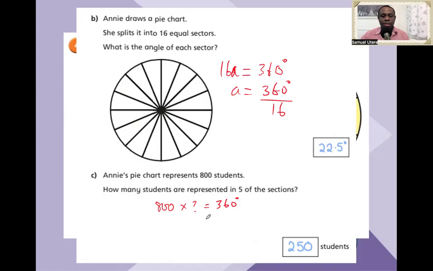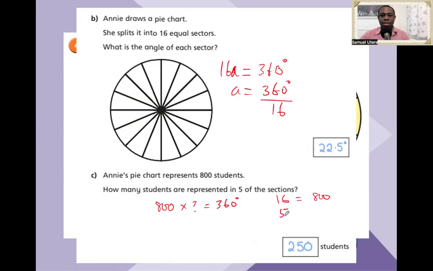Another way to think about it is to say, well, if each of the sectors is 22.5 degrees, here is another way to think about it. We can use proportion to do it instead of using a pie chart. So we can say if 16 of the sectors is equal to 800 students, then 5 of the sectors would be